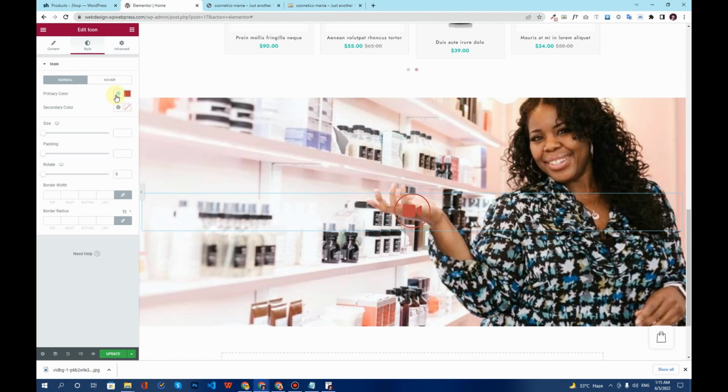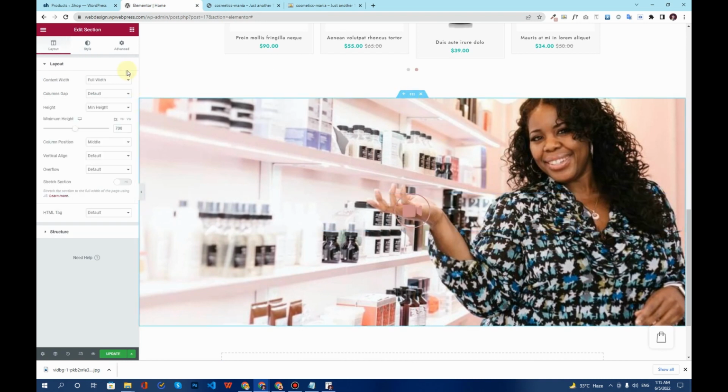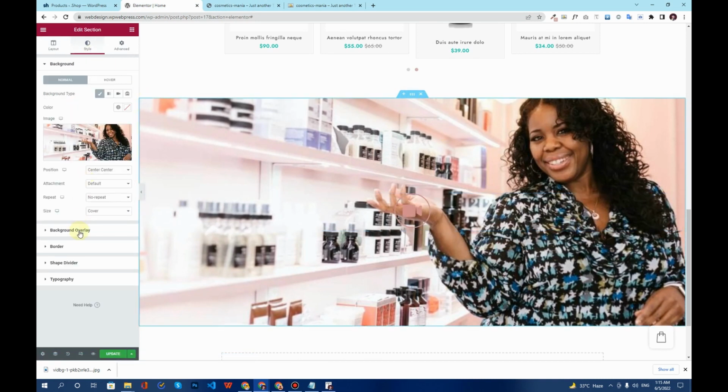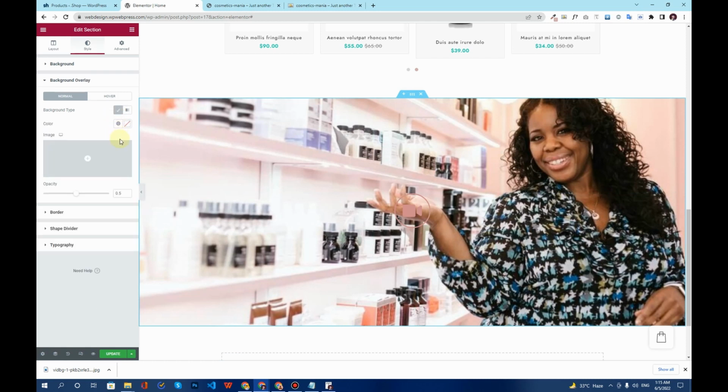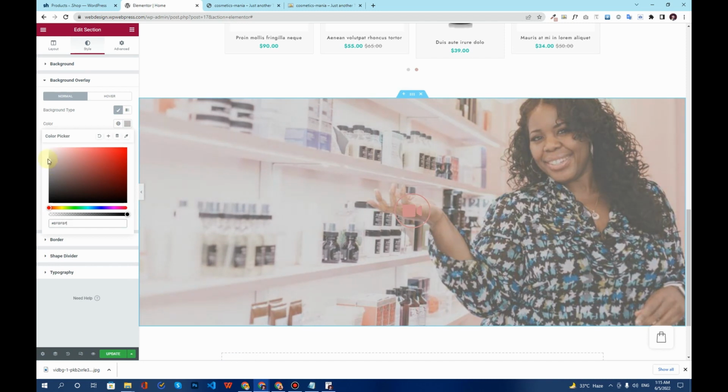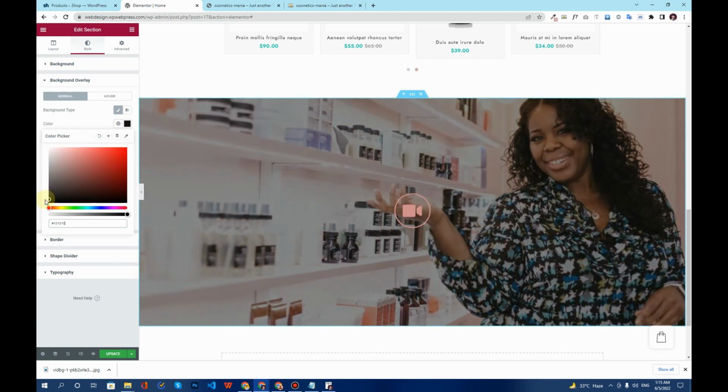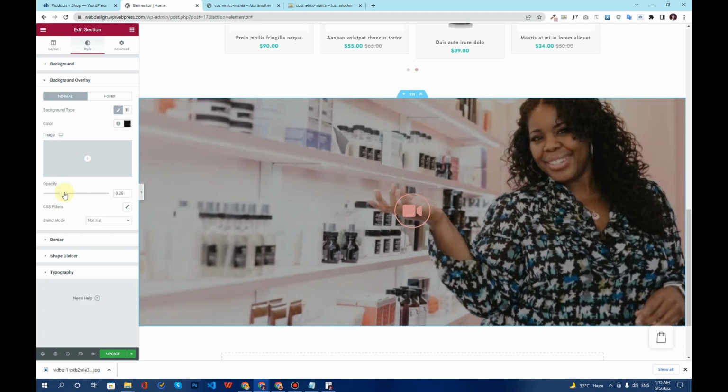They have this kind of color, choose this, and we can choose a color for this. Also what we can do is to add a sort of background overlay so that our button becomes more visible to the public,